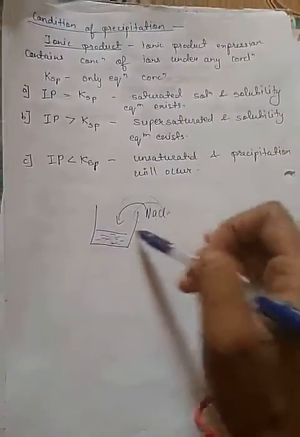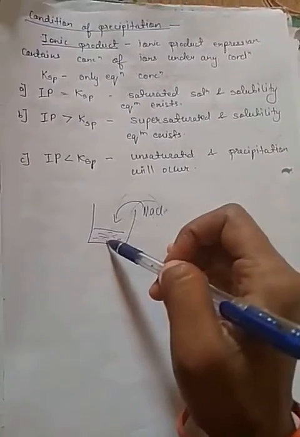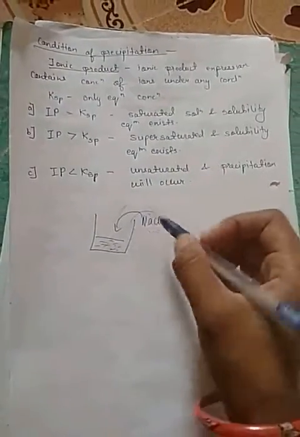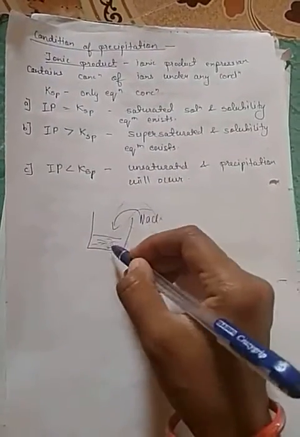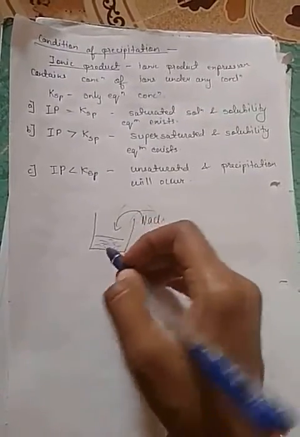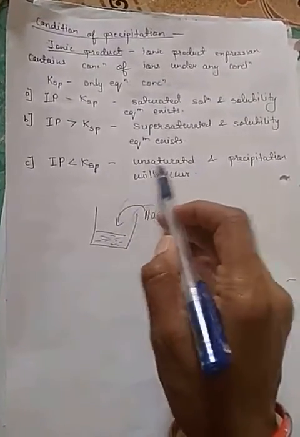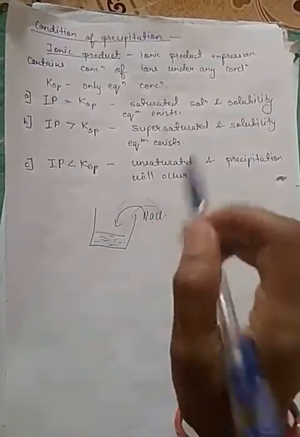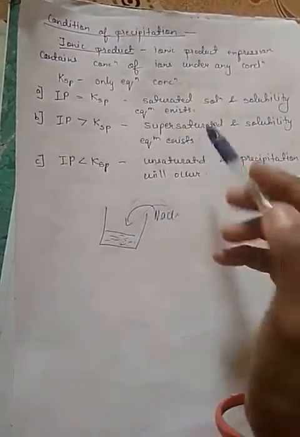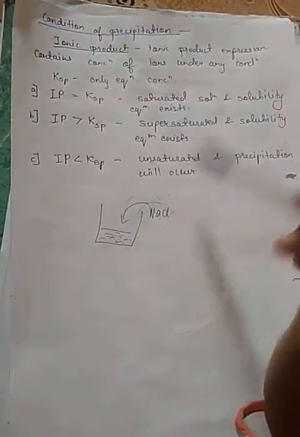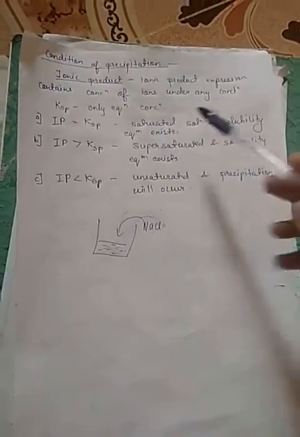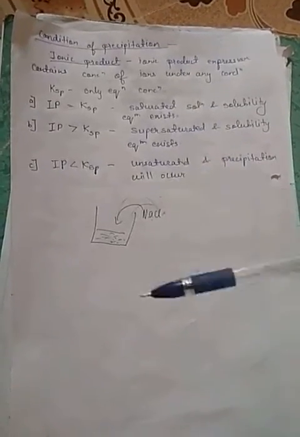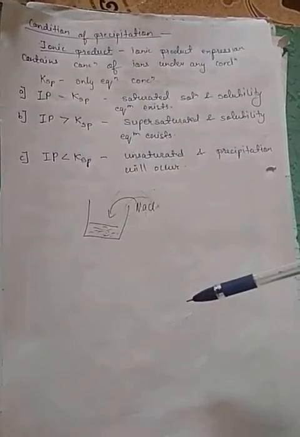When we go on adding and adding, and not at all any NaCl dissolves, then it is supersaturated. And when you dissolve a small amount of NaCl in water, and the complete NaCl was dissolved, that is known as unsaturated. Like no more solute remains undissolved, that is an unsaturated solution. So how do we identify, based on the solubility product, whether the solution is saturated, supersaturated or unsaturated, that we are going to study now.